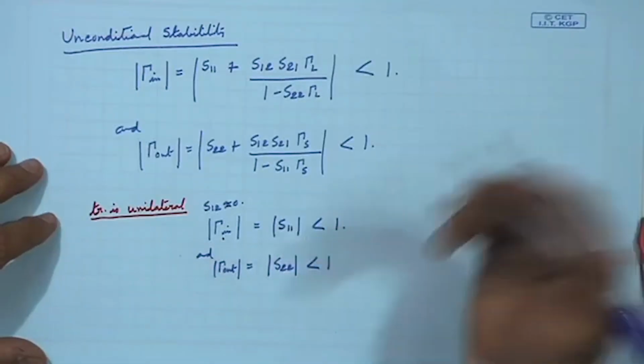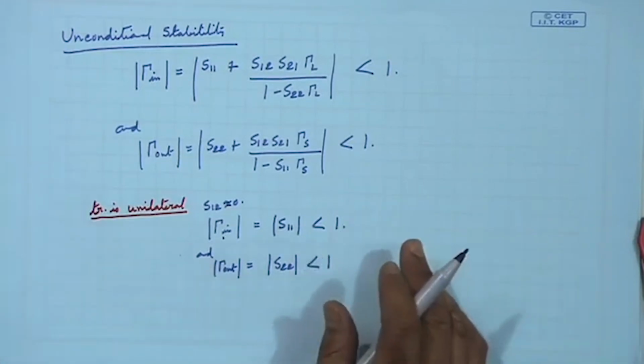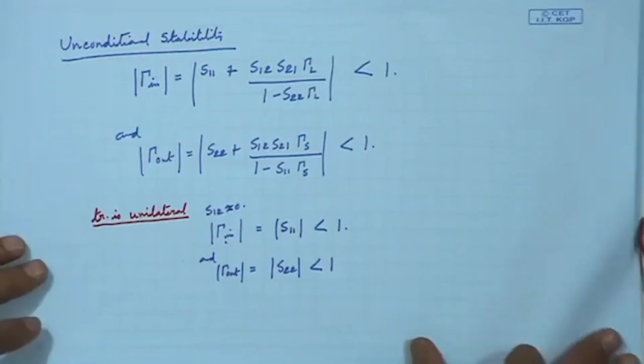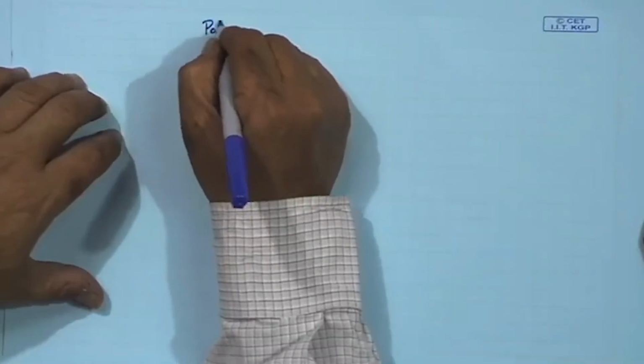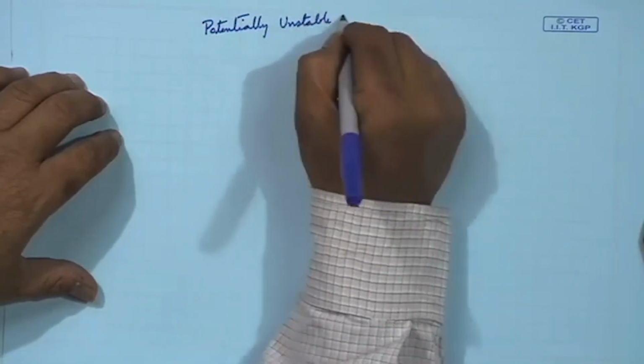If it is not, or if I find that S11 is greater than 1 or S22 is greater than 1, then I will be worried and I will have to do something more. That something more is called the stability circle. I need to get a Smith chart and put some stability circles on it. That we will be doing in the next class, where we will see how, in potentially unstable cases,